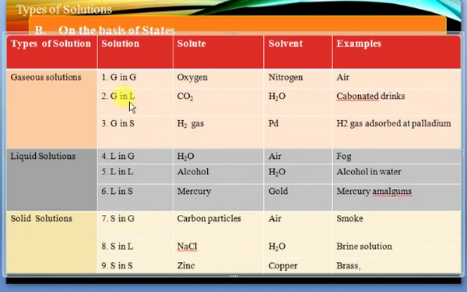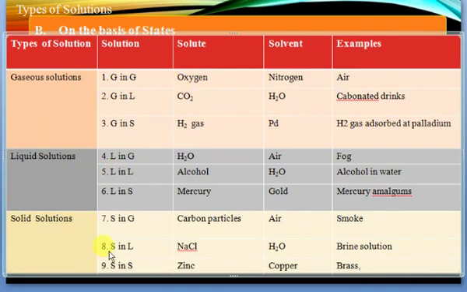So the carbon particles are basically present in a solid form, its color is black. When these carbon particles, which are very minute particles, go into air, air is basically a gaseous form. So this is a perfect example of solid and gas. Here smoke is an example of solid and gas. Other examples include dust and air, etc.